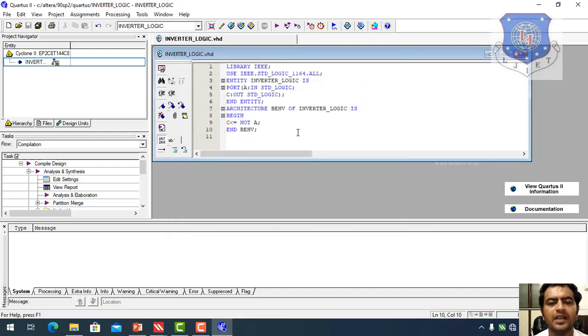As you can see, library IEEE use IEEE.std_logic_1164.all. It's basically a library, or you can say the header files for this specific logic. After that we have to declare the entity. In the entity we declare the inputs and outputs. So right now we are planning for the inverter. For the inverter we have basically one input and one output. So A input std_logic and C colon output std_logic, means A is equal to input and C is equal to